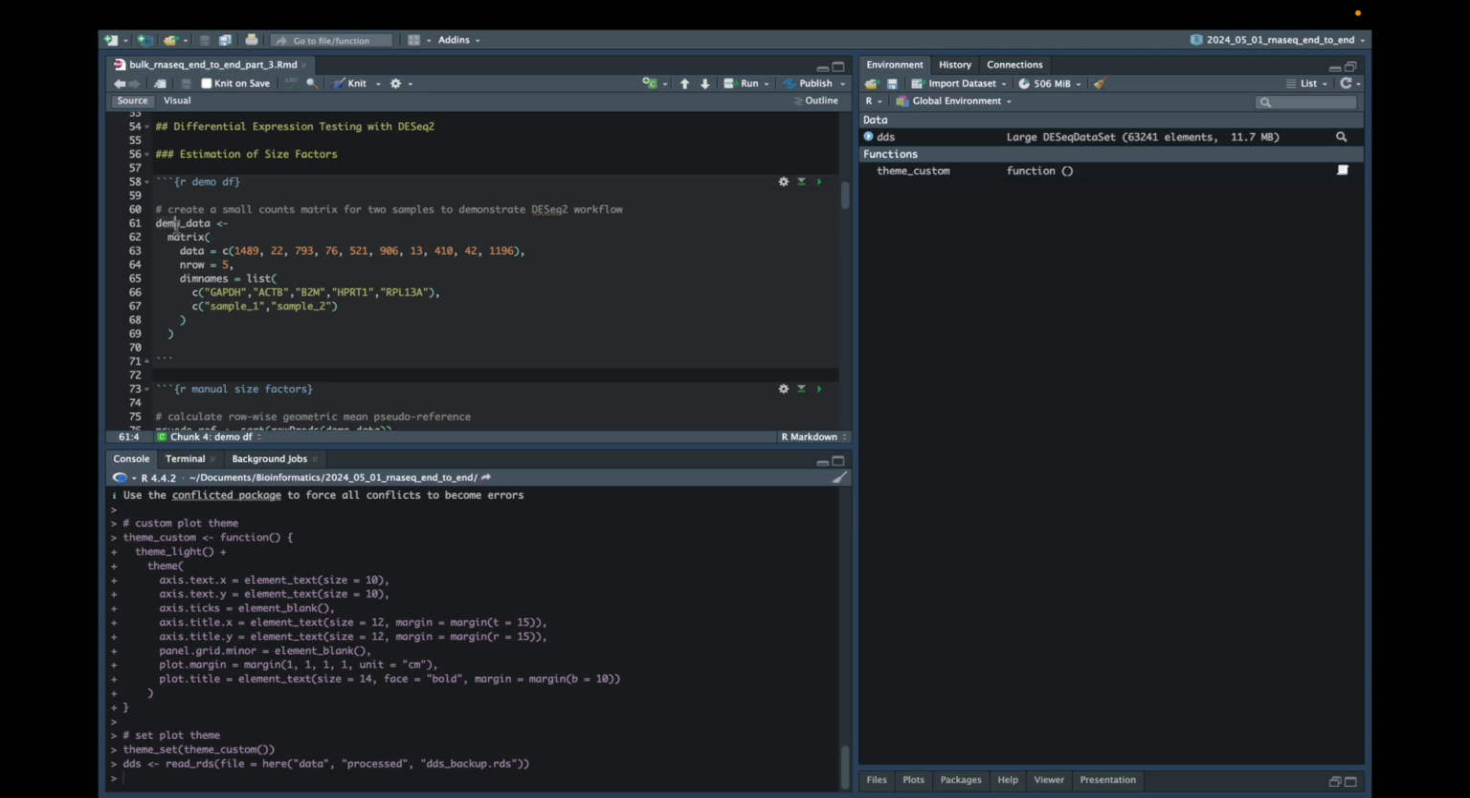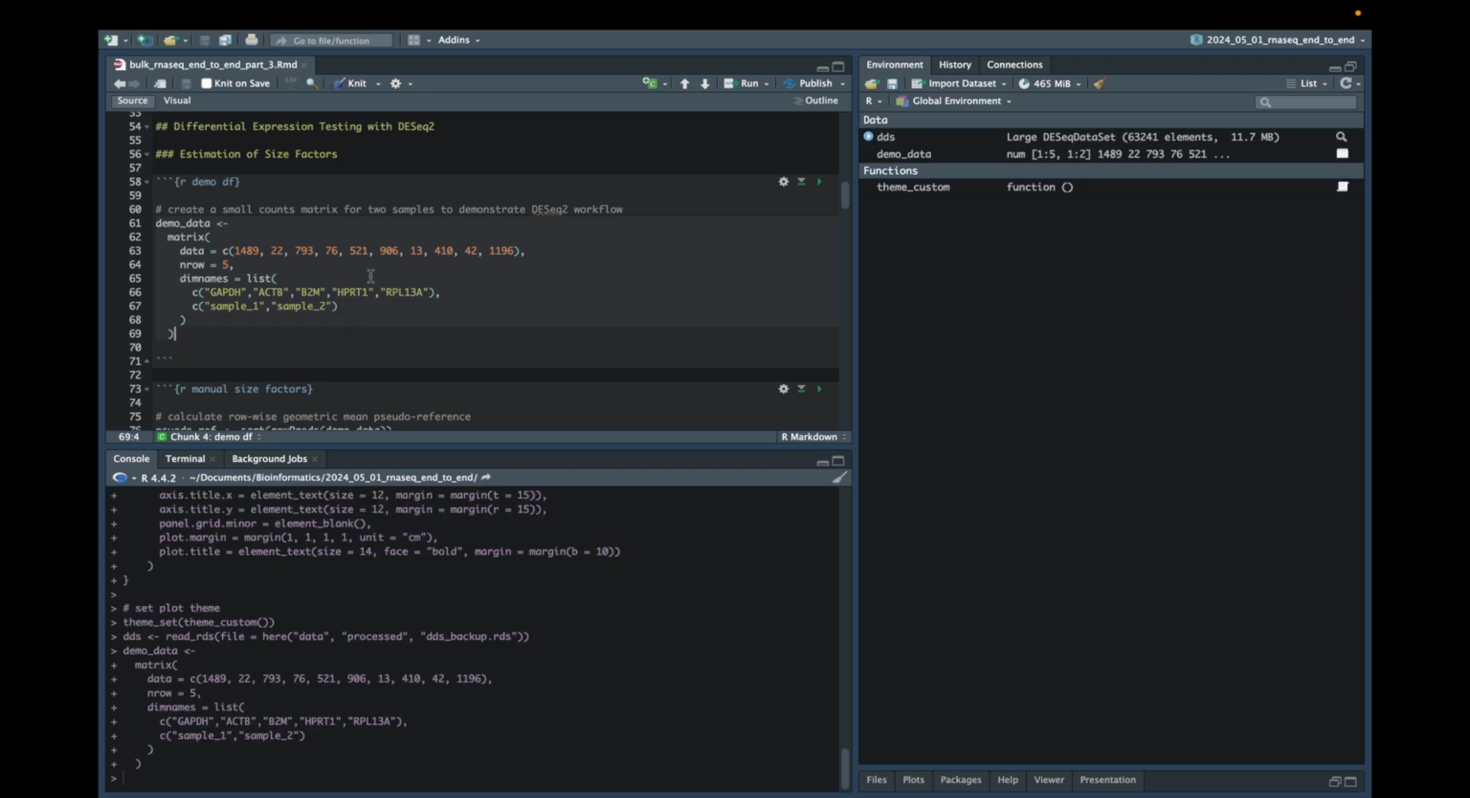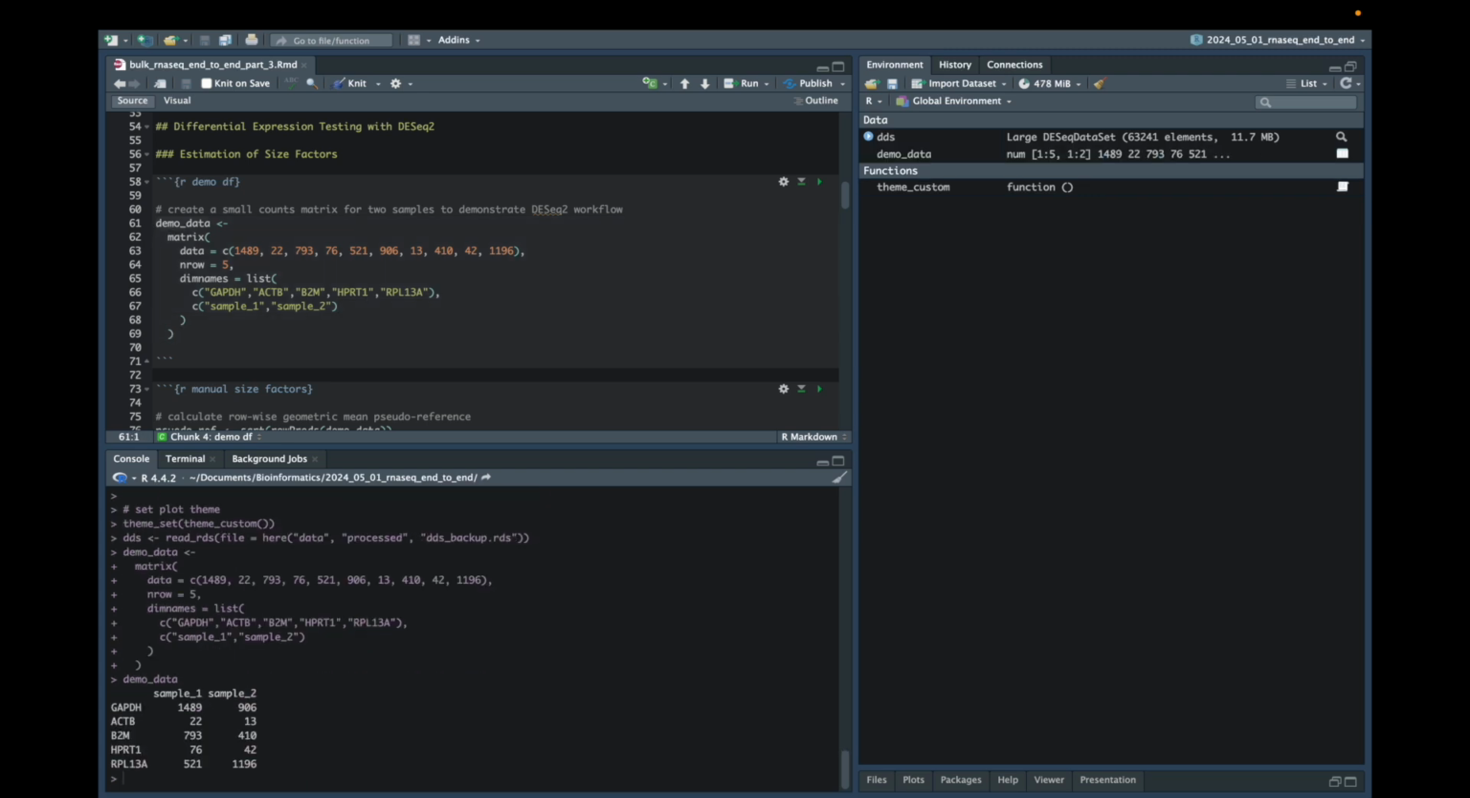So what we're going to do is create this demo dataset, this counts matrix, which contains counts for the 5 genes that I've listed here against samples 1 and 2. If we run all of that and then have a quick look at the demo dataset, we can see that we've got a small counts matrix that will enable us to look in detail at how scaling